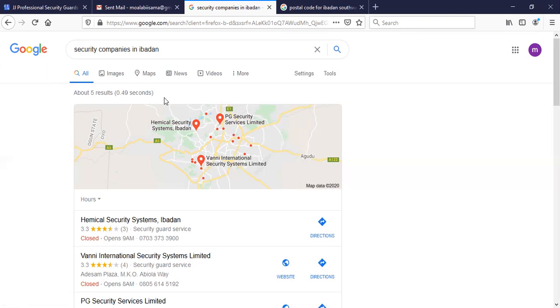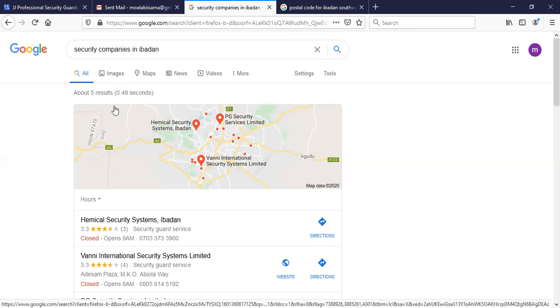So I want to use my phone now. I'm typing in security companies in Ibadan. I'm doing that on my phone right now. As I type that in, it's showing me the same result I have on the screen on my laptop. But at this part of the result, on top of the map, it's going to write security companies. Then it's going to write under that, near Ibadan. What I'm telling you now is, immediately, see this map here, this part of the map.